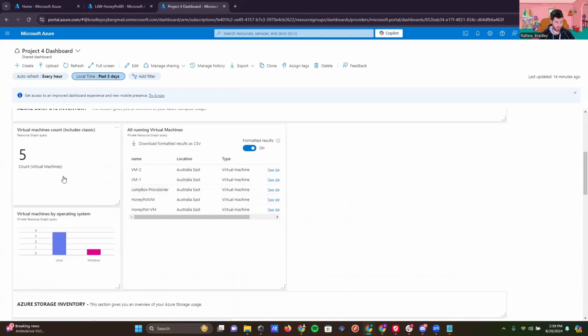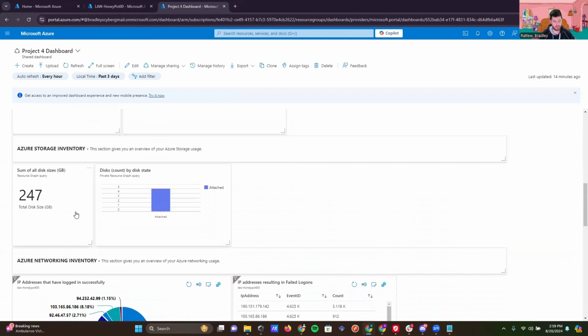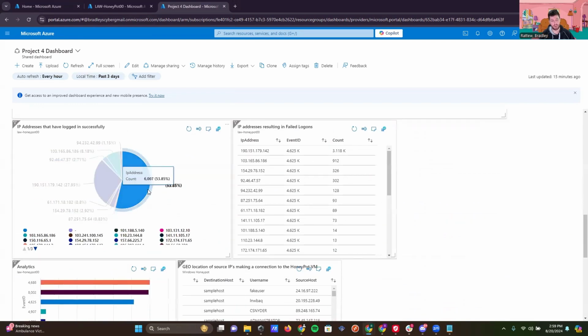Moving down, we have virtual machines count. So we have 5 machines on the environment. And this is also the 5 machines here as well. So we can view them by name and where they are in location. We have the 4 machines running Linux, and then there's 1 running Windows. And then this is the total hard drive space across all of our environments or machines. And you can see here that we have 5 hard drives attached in the environment. So here is more of our custom